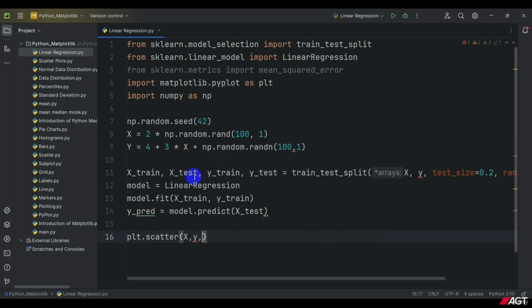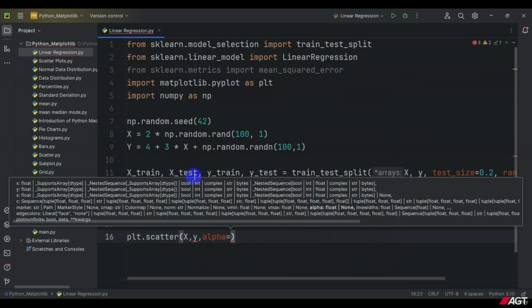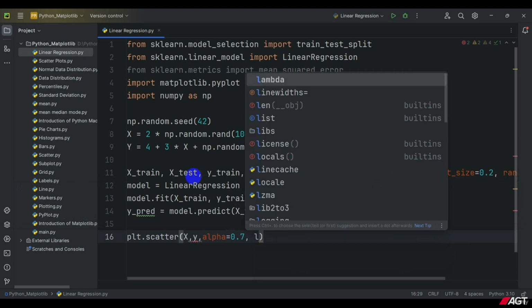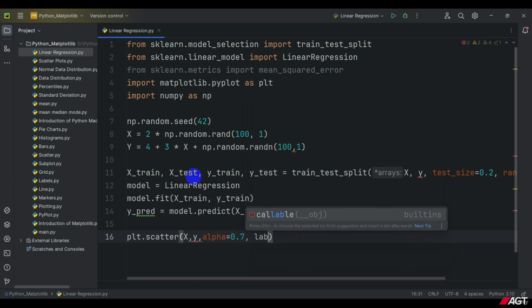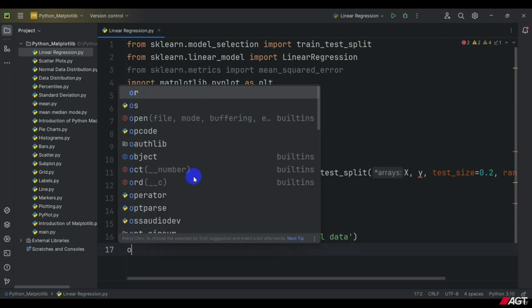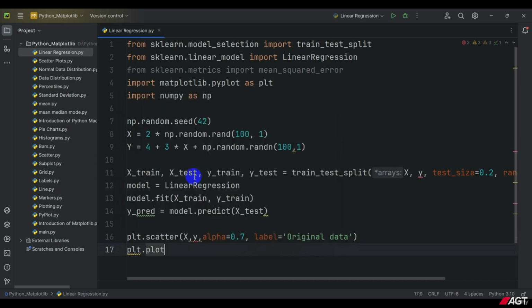Now the alpha, alpha equals 0.7. Next is the label: label equals, in single quotes, 'Original Data'. This line is complete, and on the next line I write plt.plot,